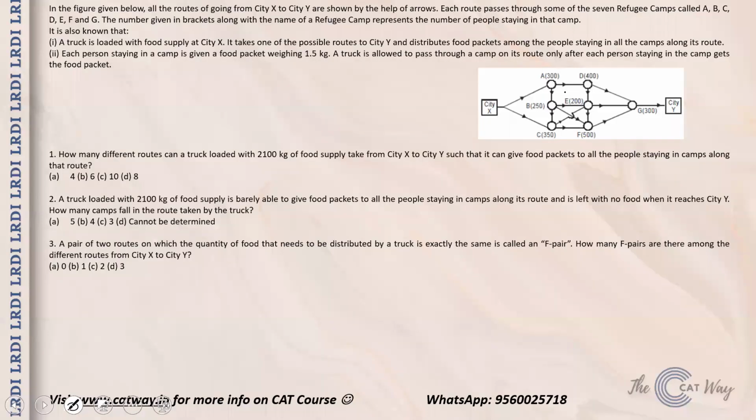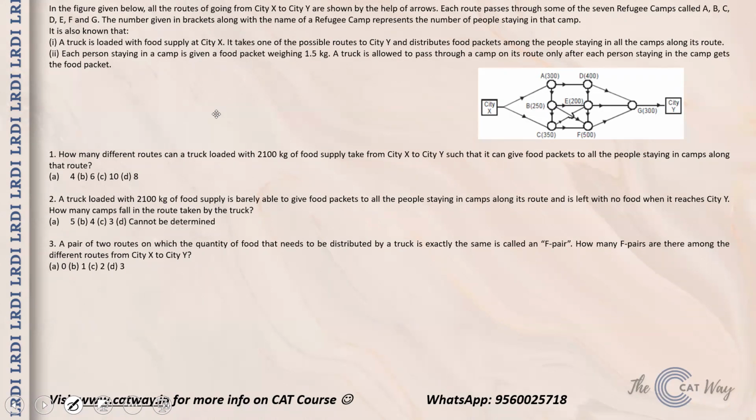Now moving on to the set that we have. So it says that in the figure given below, all routes of going from city X to city Y are shown with the help of arrows. Now each route passes through some of the 7 refugee camps called A, B, C, D, E, F and G. Now the number in the bracket along with the name of the refugee camp represents the number of people staying